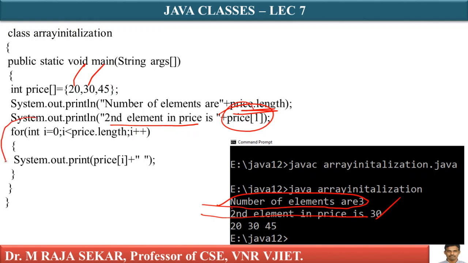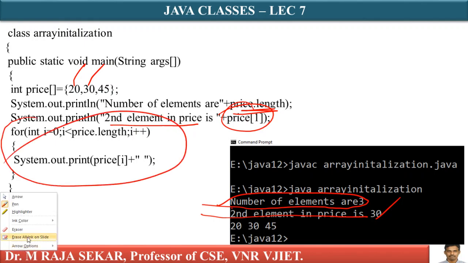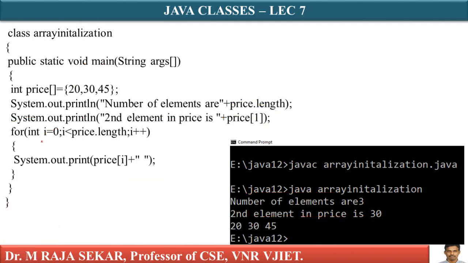As it is, this for loop, what we were discussing in previous lecture also. What it says, i equal to 0. 0 less than price dot length. Dot length means size. 0 less than 3. Correct. This is price of 0. What is my price of 0? It will display 20. After that, I am appending some space. If you want to increase this space, just give more gap in between double quotes. Isn't it? Just I am giving some space. That's why I am getting space here.